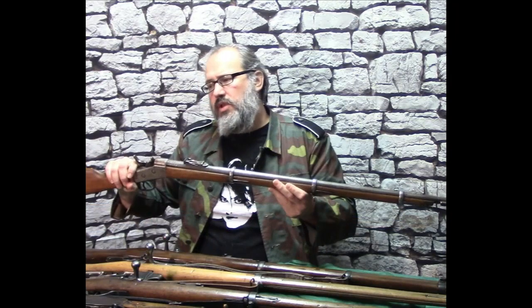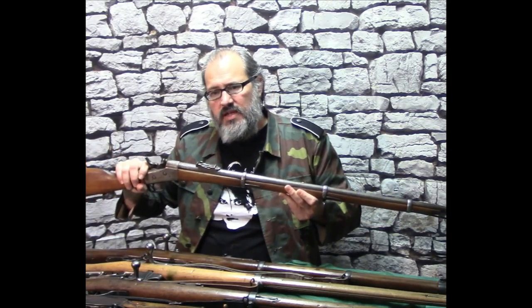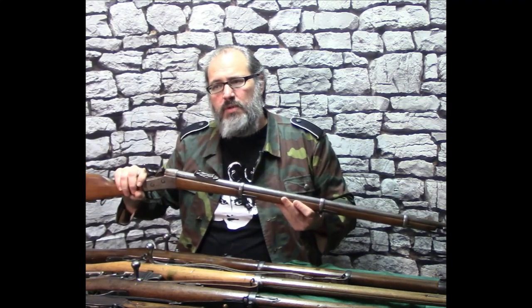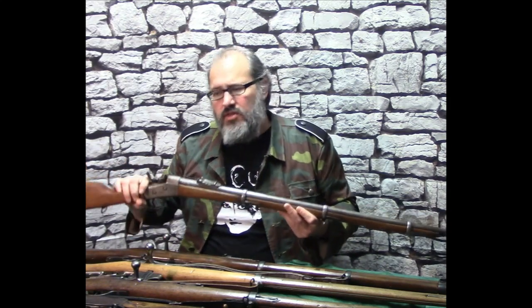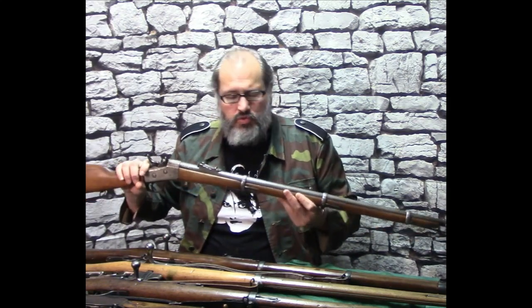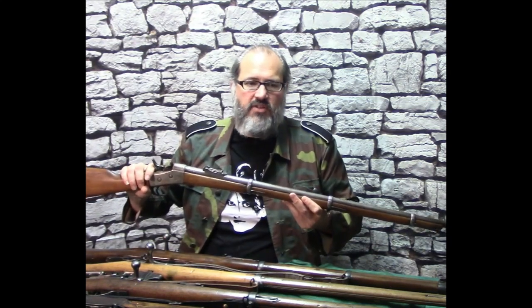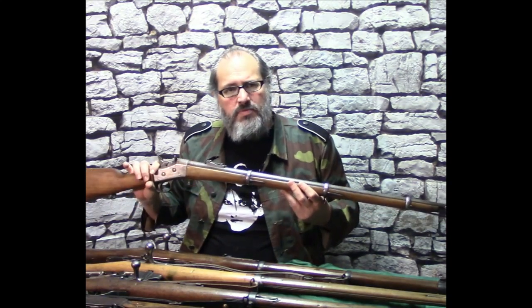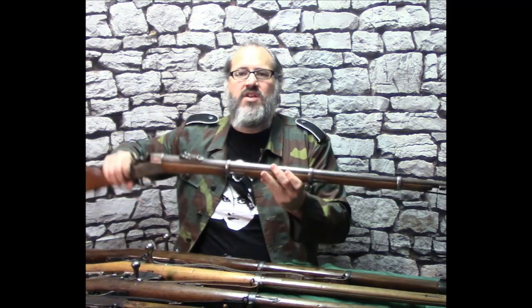While the Remington Rolling Block is still somewhat popular with target shooters and cowboy action shooters and hunters today, the last military rolling blocks were actually produced and used in the early 20th century. There's the model 1907, which was in 7mm Mauser, which was a smokeless centerfire cartridge. That one was actually produced by Remington to be marketed and sold mostly to Central and South American countries for equipping